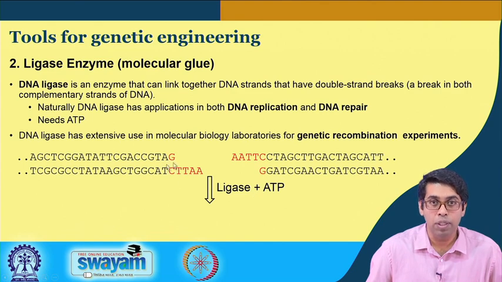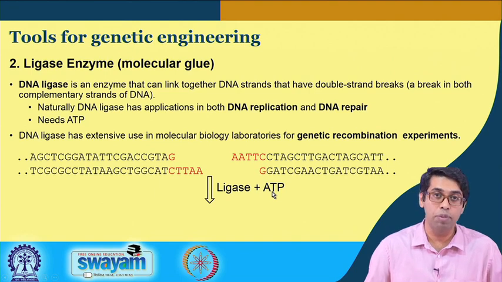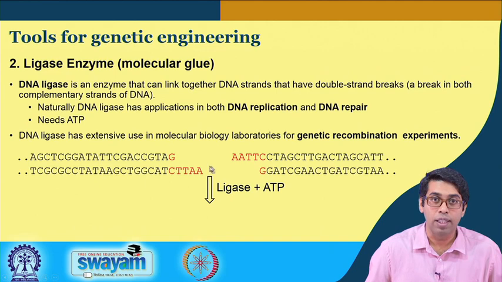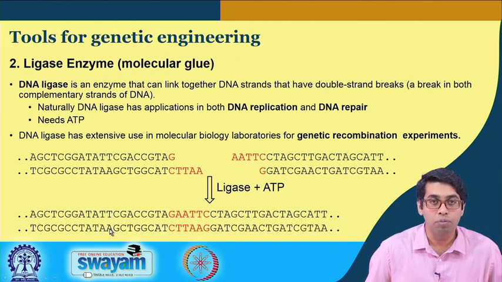What you do is you simply add these two DNA fragments together, add ligase, and you need ATP, because ATP is going to supply the phosphate that will form a linkage between these two bases. You have to wait for some time. All the enzymes have their prescribed temperature and how long you need to incubate them to get a complete reaction. Once you do that, you will have your full length DNA where these two fragments are now joined together.